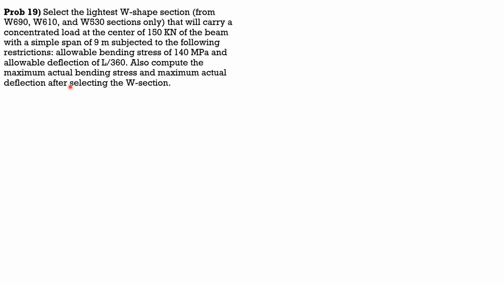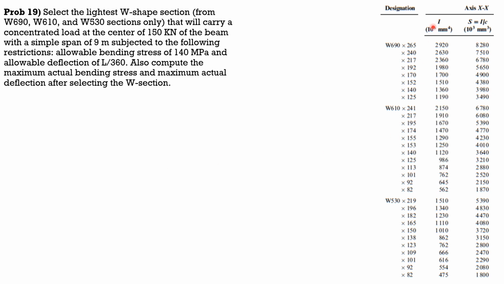Also compute the maximum actual bending stress and maximum actual deflection after selecting the W section. So here are the selections from the tables of the book by Pytel and Kiusalaas. So for the solution